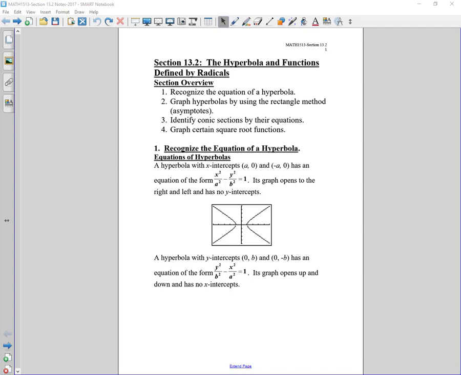Good morning. We're going to continue today with chapter 13, in particular section 13.2, and we are going to look at in particular two hyperbolas, which are graphs that have those two pieces like that. And I want to remind you that they're conic sections. So let's look at that picture of the book that I showed you